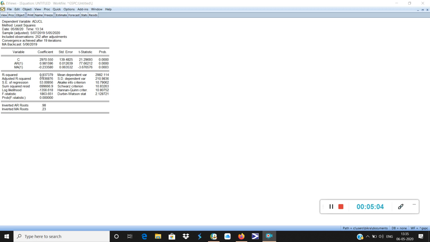First of all, R square is not very important here, though it is showing 93.7, almost 94%. 94% R square means if we run this test 100 times, almost 94 times it will give the correct answer and 6 times it will give an incorrect answer.